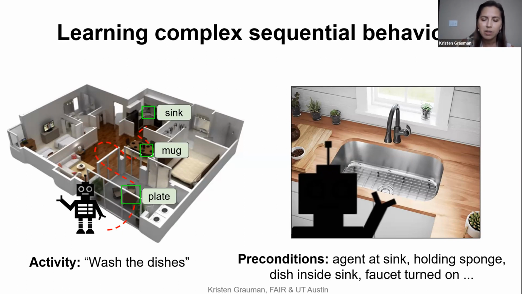And that's because there's a number of preconditions that have to be met to achieve the goal state. And it involves multiple objects. For example, here, if I say wash the dishes, then we're going to need a combination of things to happen: that the agent's at the sink, that it's holding a sponge, that there's a dirty dish in the sink, that the faucet's on, that there's soap nearby, and so on. Okay, so these are easy for us, but complex interactions to build up if you want, especially to scale up robot learning to have a task general kind of behavior.